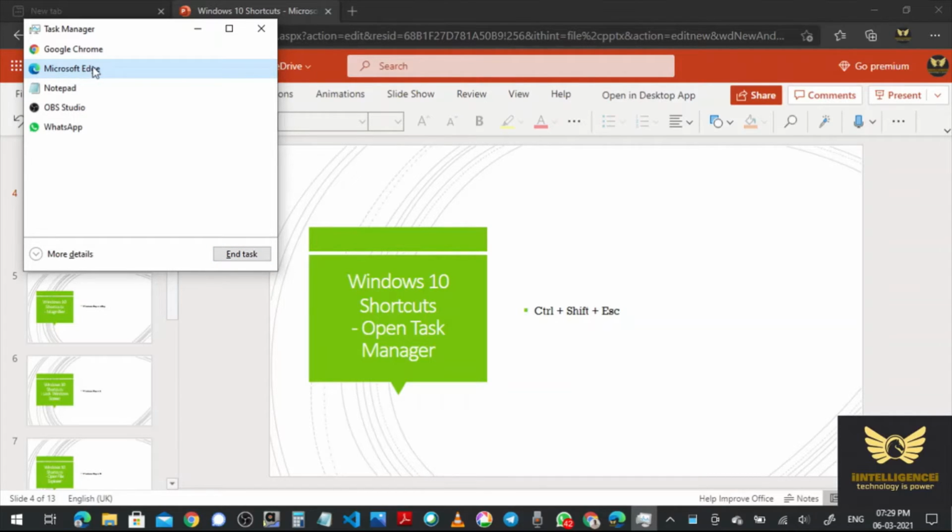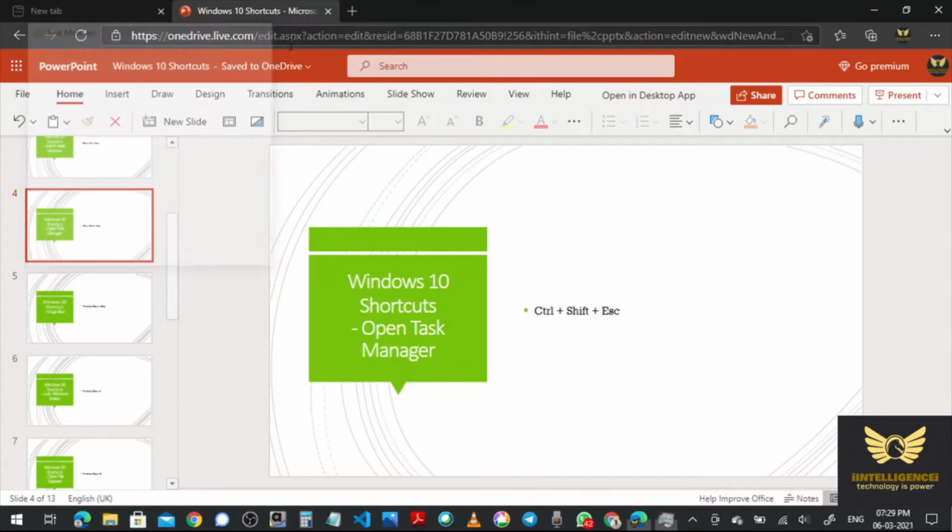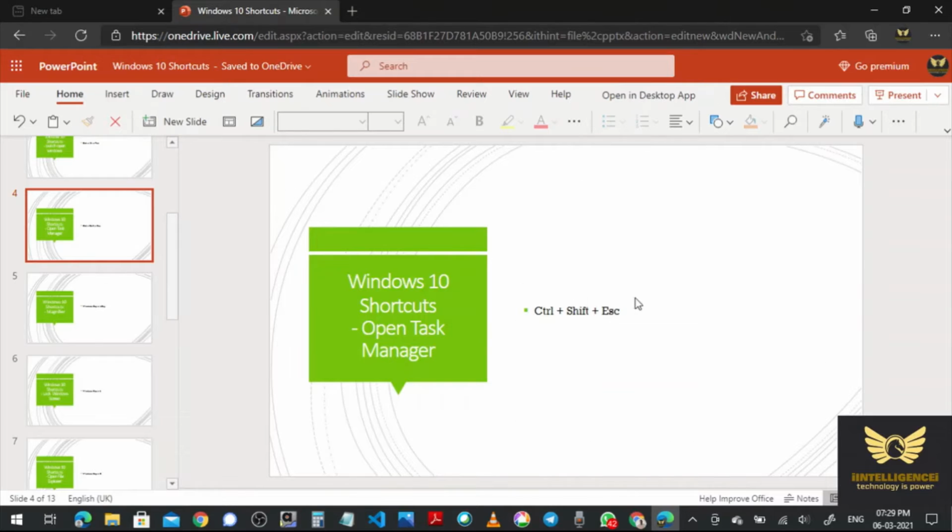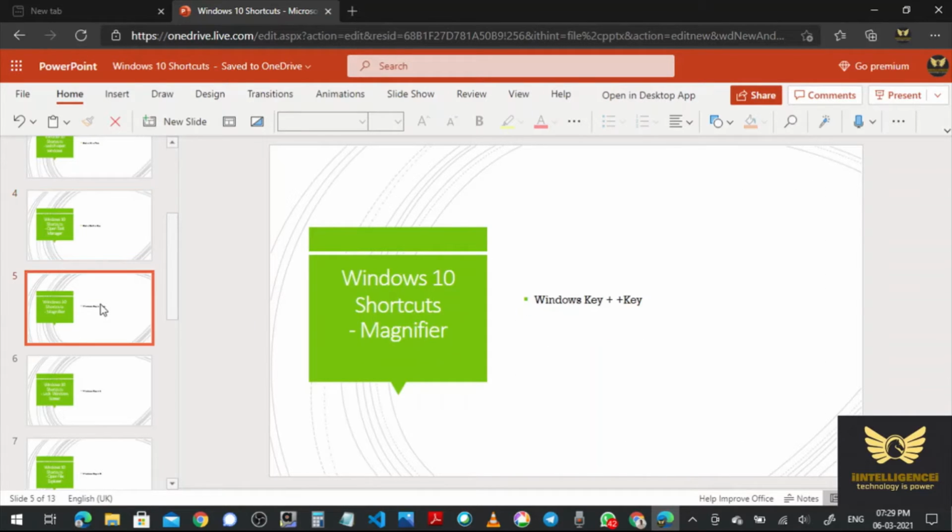Then you can press End Task. Suppose Microsoft Edge, or for example Google Chrome, you want to close forcefully, then you can click that particular application and click End Task. That will forcefully close that open application. Okay, I am closing it. Very useful shortcut.